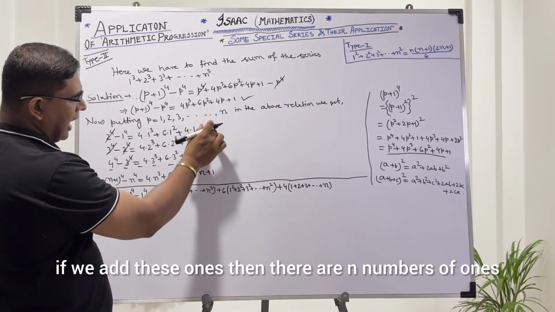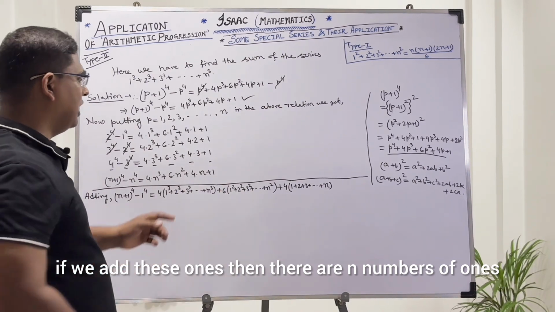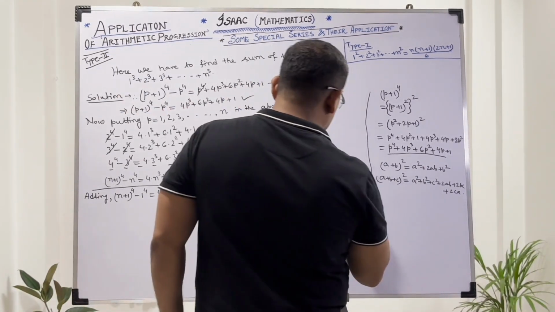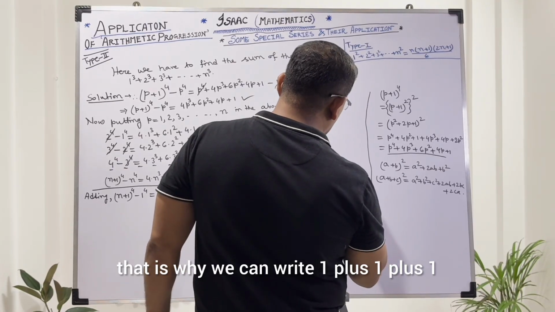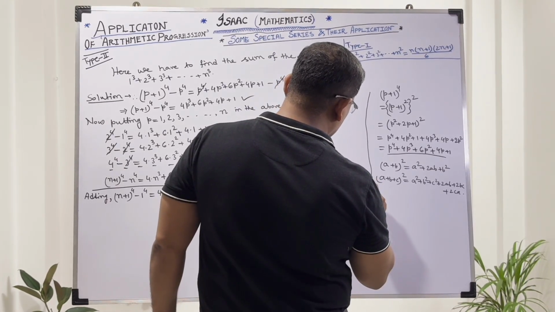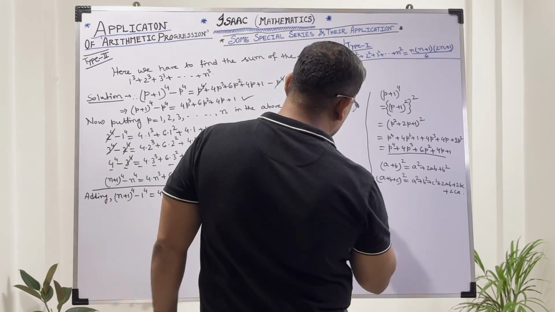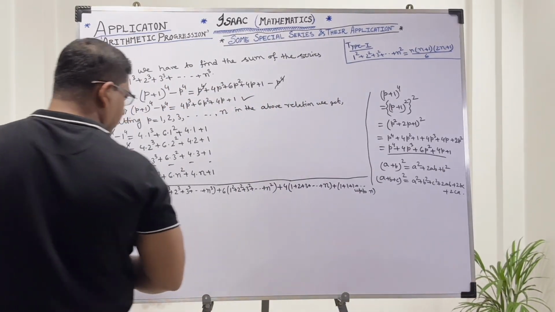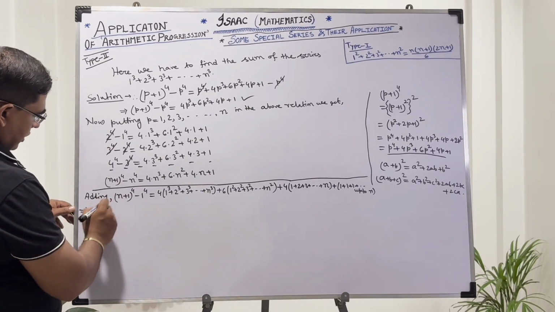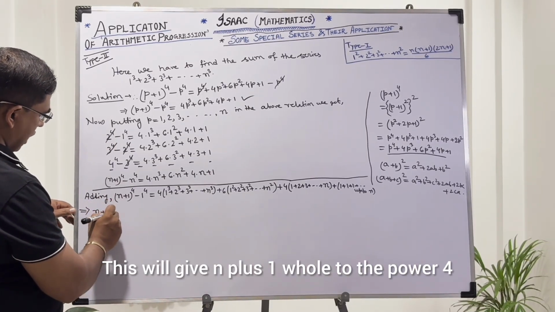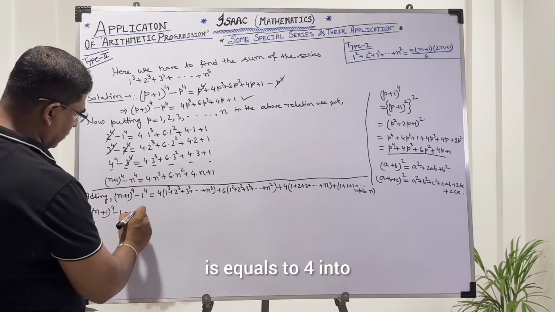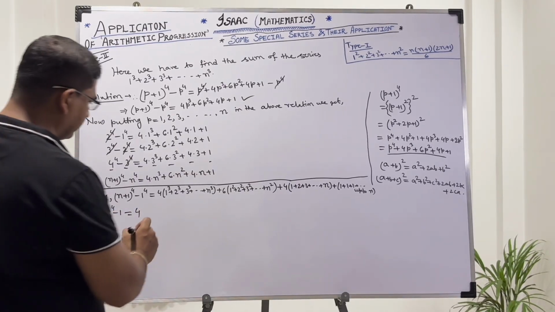And if we add these ones, there are n numbers of ones, that is why we can write 1 + 1 + 1 + continuing up to n. This will give (n+1)^4 − 1 equals 4 into